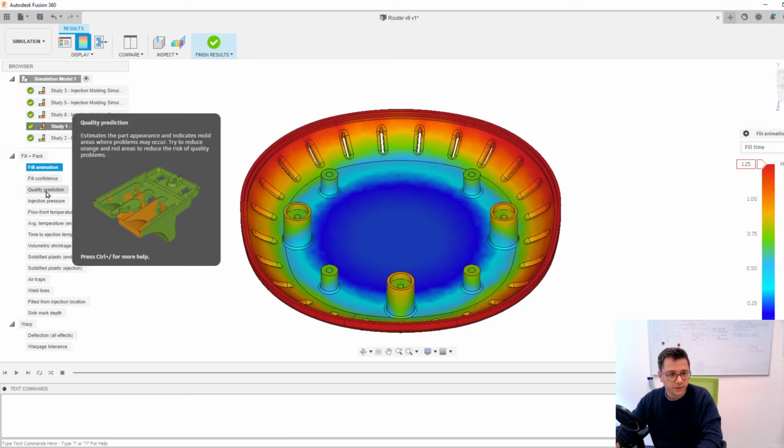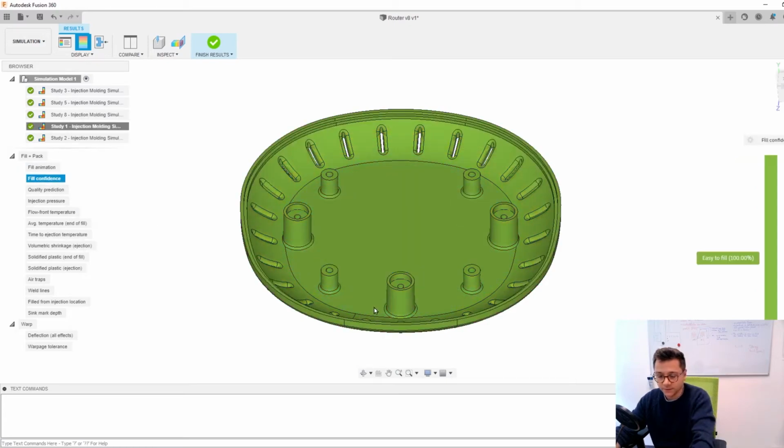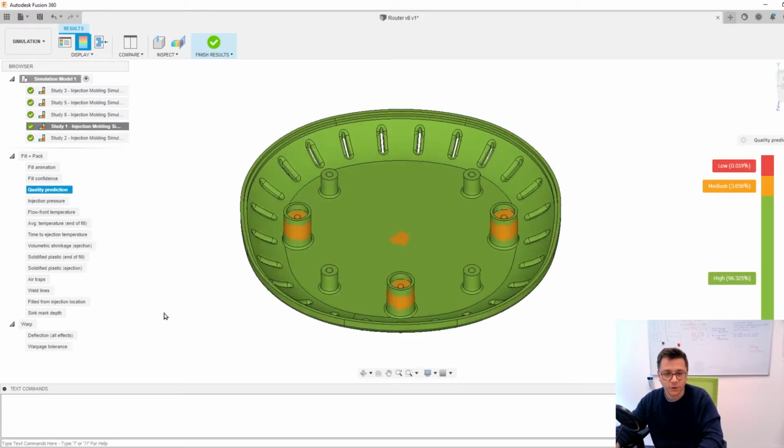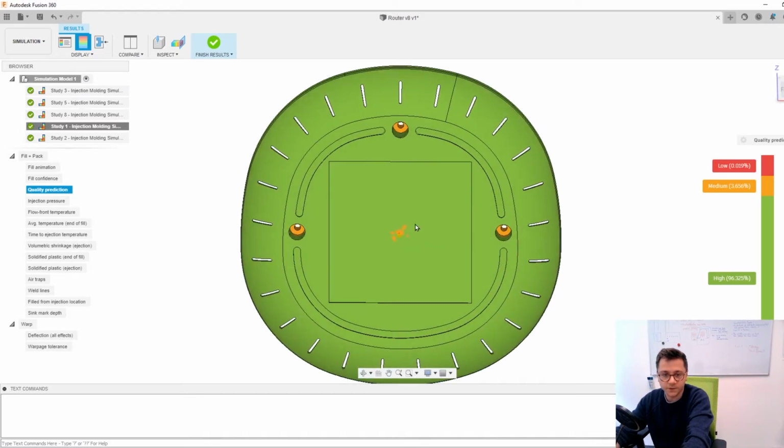Yeah, then we also have the fill confidence as we've seen earlier. So the part is 100% easy to fill. The next result that we can see is the quality prediction. This shows some minor issues. For example, these bosses show some larger volumetric shrinkage, which we can see later on, because the wall thickness is just a lot higher. And then we can also see around our injection location, this will obviously have an effect